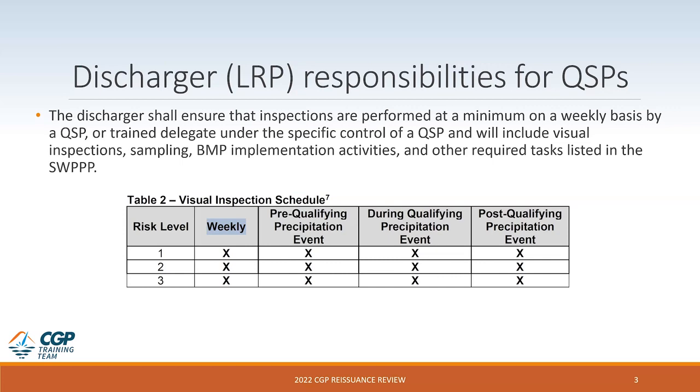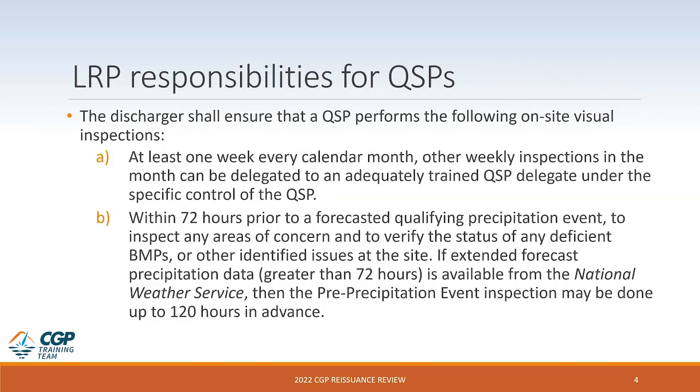Discharger responsibilities for QSPs include that the discharger shall ensure that inspections are performed at a minimum on a weekly basis by a QSP or a trained delegate under the specific control of a QSP, and will include visual inspection, sampling, BMP implementation activities, and other required tasks listed in the SWEP. The discharger shall ensure that a QSP performs the following on-site visual inspections, and these are specific. At least 1 week every calendar month, the QSP must perform the inspection. Other weekly inspections in the month can be delegated to an adequately trained QSP delegate under the specific control of